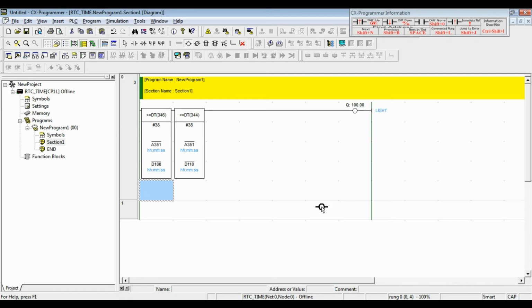Okay. Now I'm going to set the time at D100 and at D110. To set the time, I need to create two move instructions.